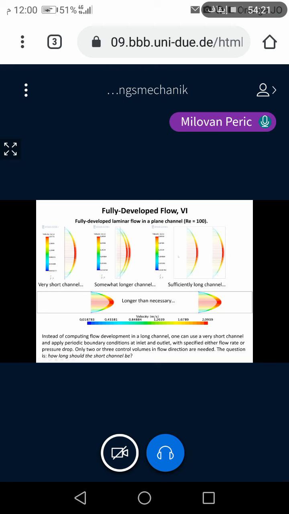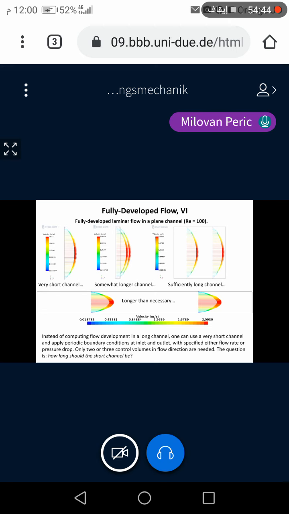Why? Because of this fully developed condition that we imply, which means I want to have the same velocity profile at inlet as at outlet, and I want the same flow rate. But this is not unique because the flow direction isn't specified. So if we would want to have a unique solution, then we would have to specify that the velocity in the cross direction is 0, and that only one velocity component